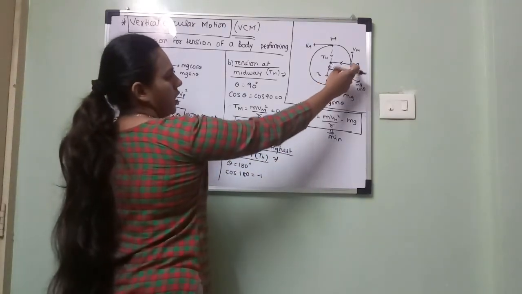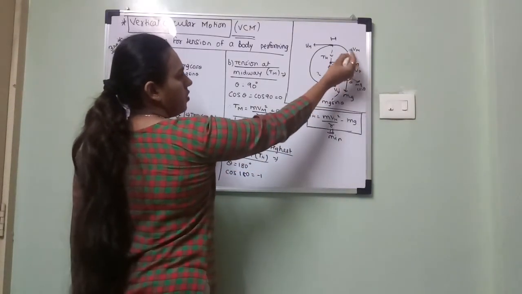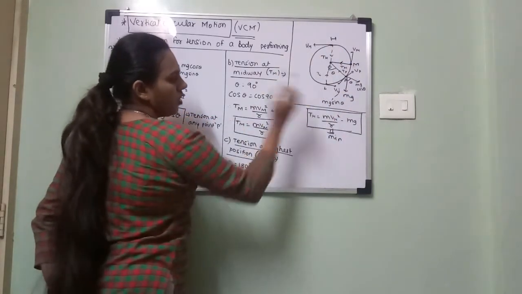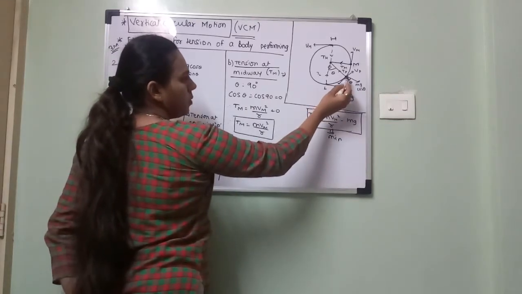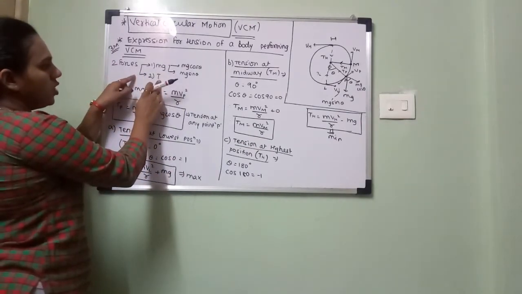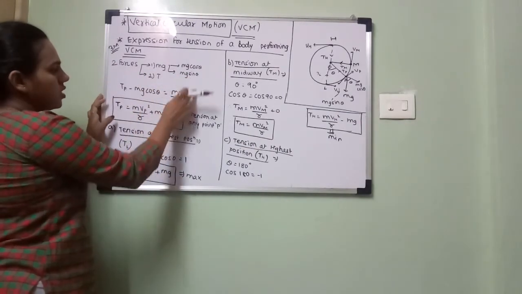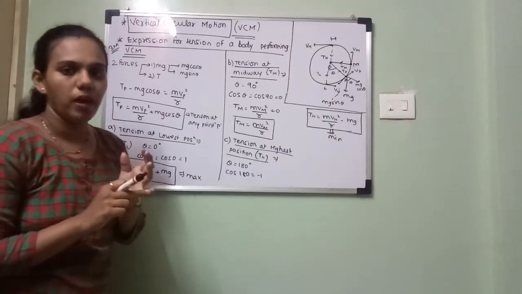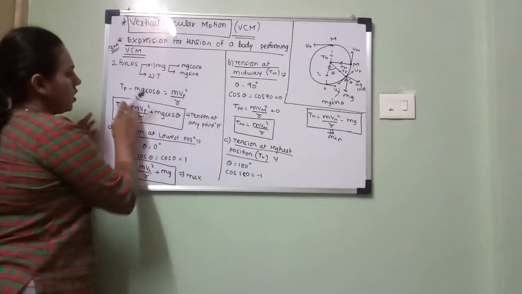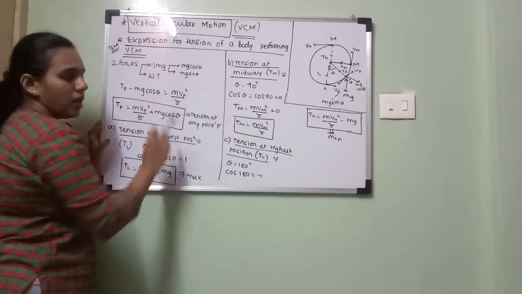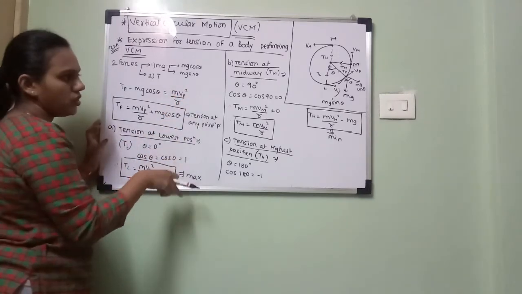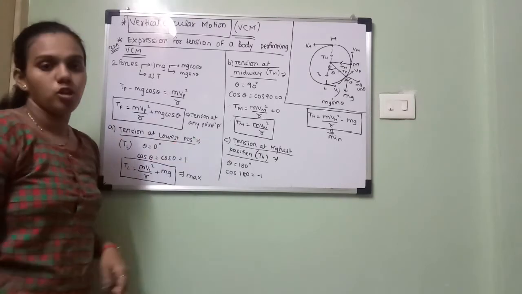Again you see, Vp is the velocity at point P, Vm the velocity at M, Vh the velocity at highest position, Vl the velocity at lowest position. At point P, weight mg is resolved into two components. Two forces are acting, mg and tension T. This is the balancing which we have done in banking of roads and in conical pendulum. So Tp is towards the center, mg cos theta is away. So Tp minus mg cos theta, both forces are balanced by mvp square upon r, which is the centripetal force. So you just substitute the values of theta at lowest, highest and mid, you will get the values of tension.